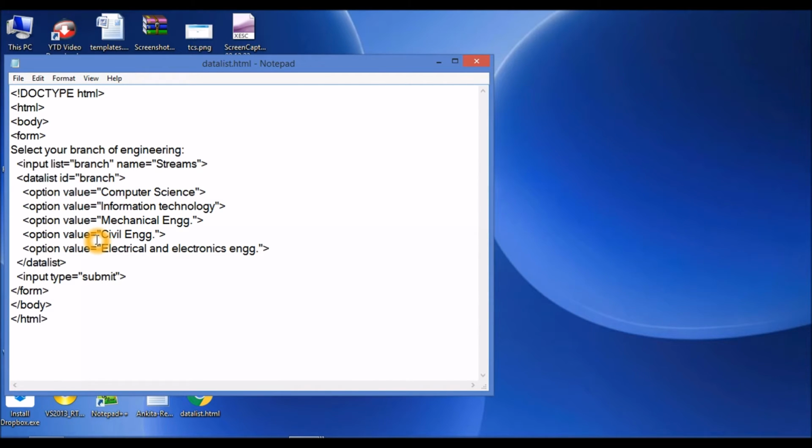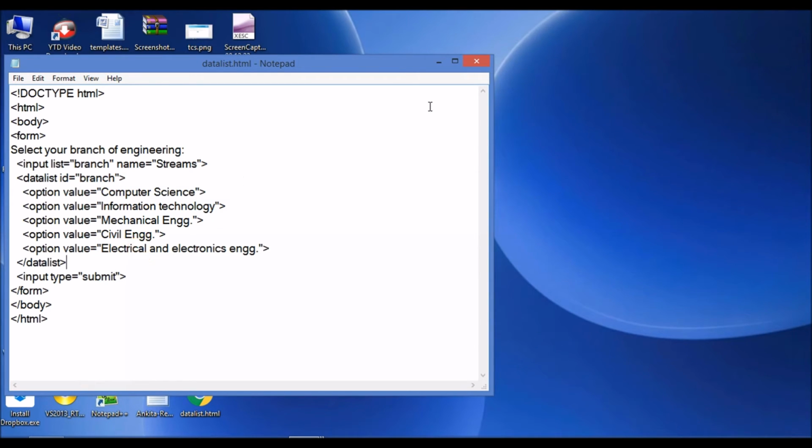It's sort of a drop down menu, but it's an alternative to a drop down menu. Here I've taken data list and then the following options. In drop down, we took select and then gave some items as options to select. Here I have taken this data list and the following options and I have defined their values.